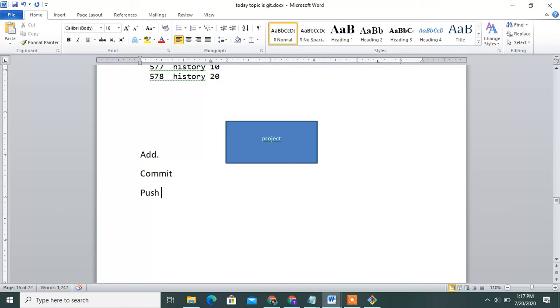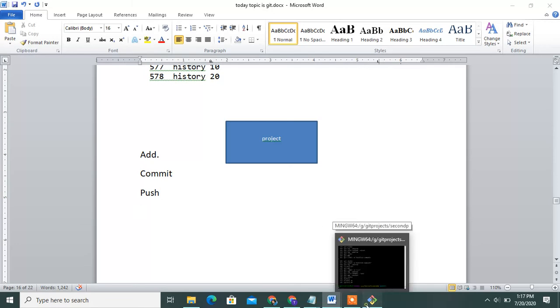It doesn't store in local untracked files and staging area, that is not stored by revert, only in your local histories. That is how you use the revert command. I will show the practical also.